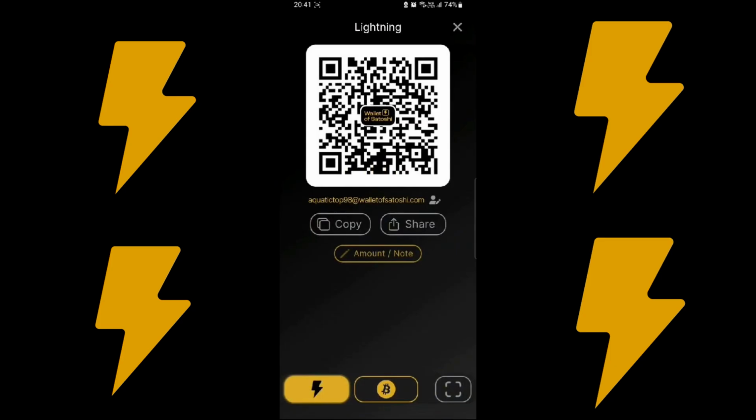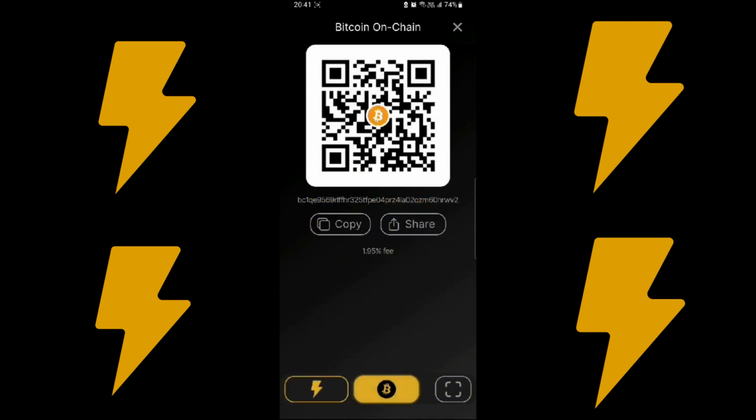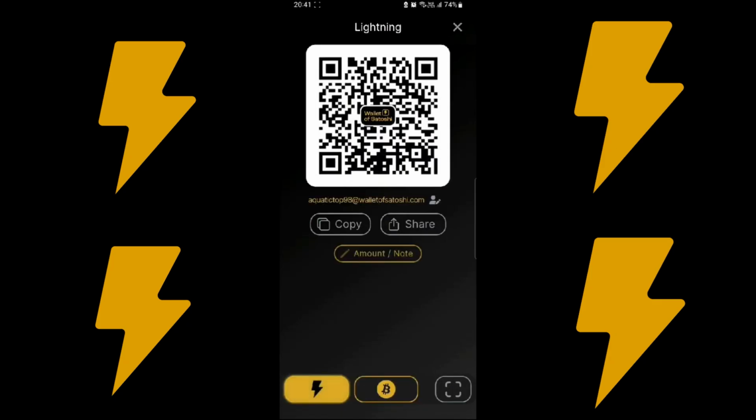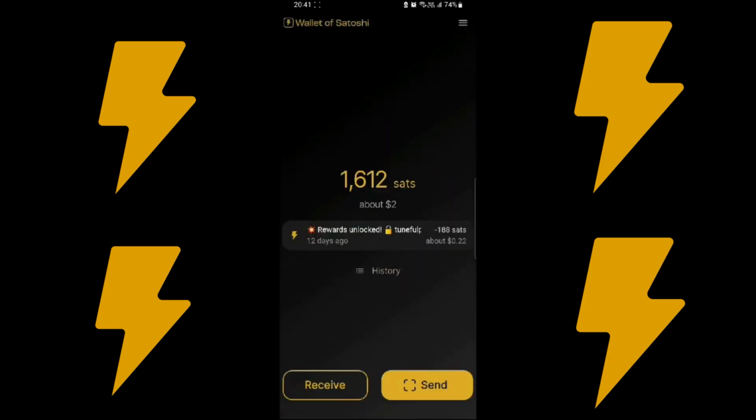So yeah, and if I want to receive Bitcoin, I'll click on the Bitcoin button and it's literally the same thing. Transacting on the Bitcoin on-chain network is more expensive, so it's better for big transactions. And that's it. On sending money or sending Satoshis, which is the smallest unit of Bitcoin, I'll click on the